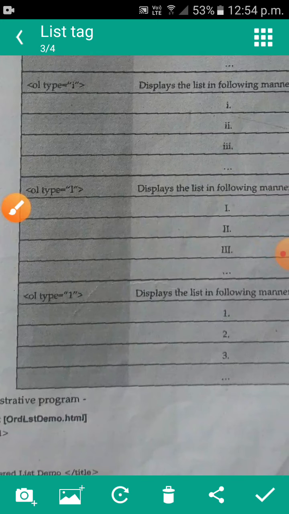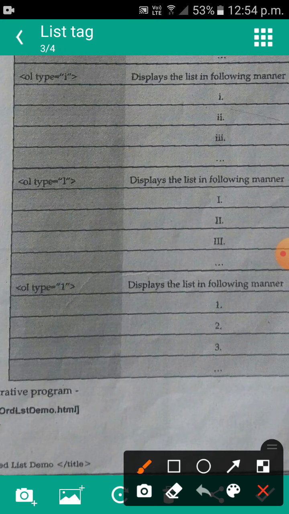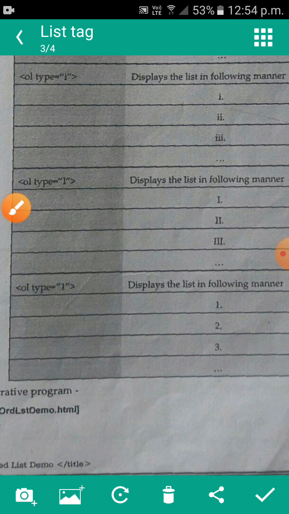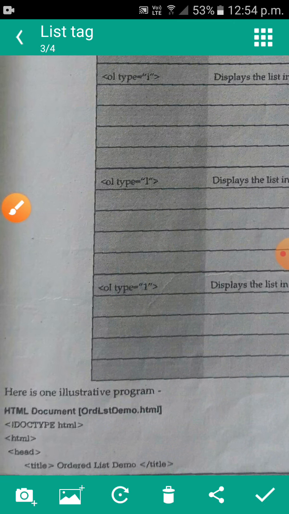If you give the type, it will consider the next number automatically. If you give, for example, OL start is equal to 5, it will start from 5, then 6, 7 like that. Okay, this is the ordered list.